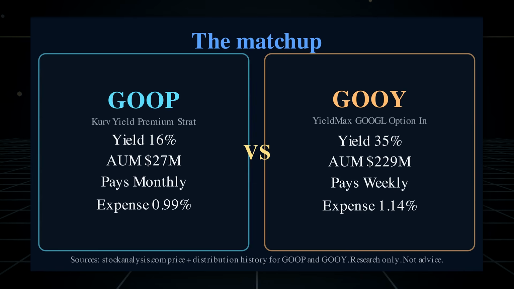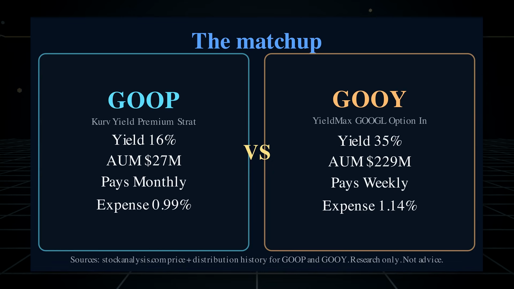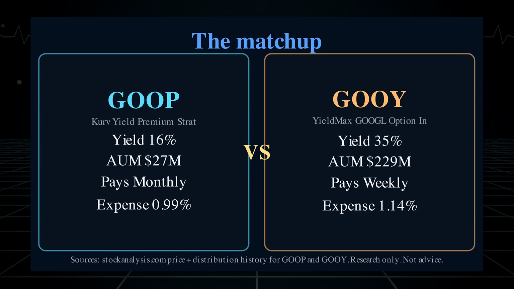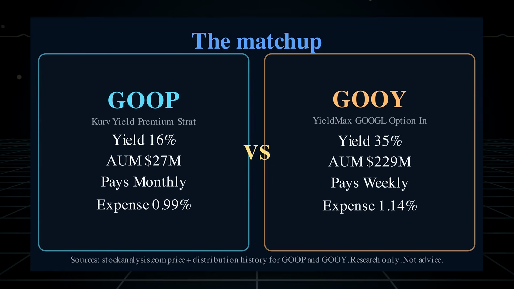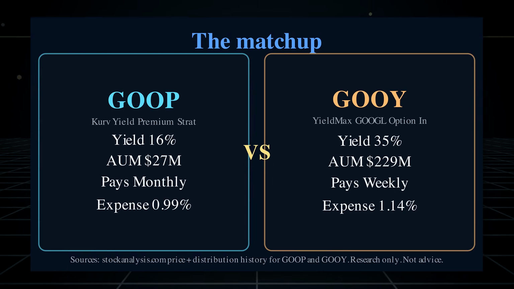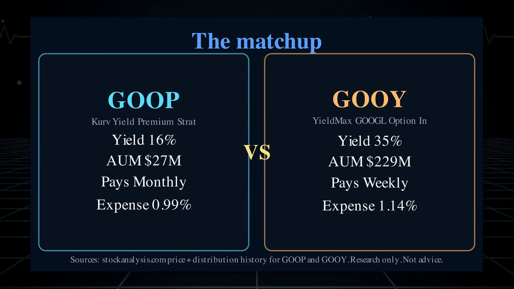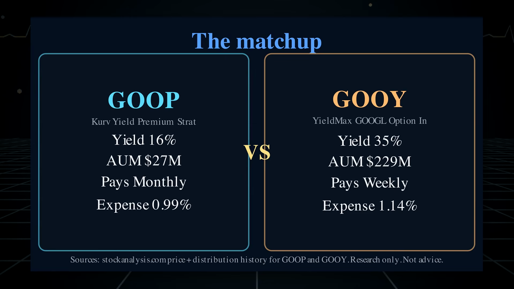The bargain is not free money. By selling calls, the fund gives another party a claim on some gains above the option terms. If Google launches upward, GOOP can participate only up to the boundaries created by those contracts. That is the capped gains part of the name. If Google falls, the premium is a cushion, not a parachute guaranteed to open. The put position, the exact option mix, and the manager's active choices can shape the exposure, but none of them repeal market risk.